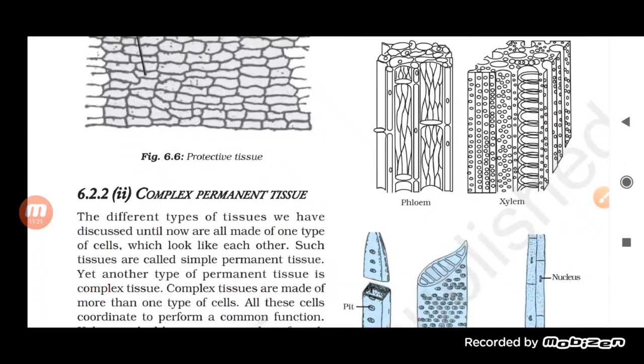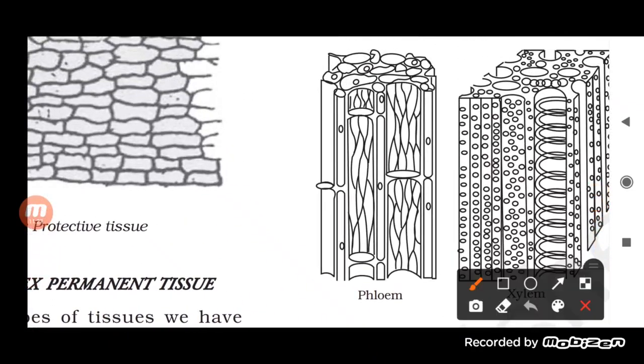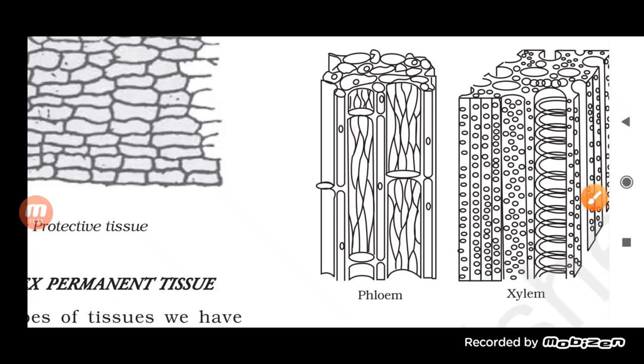See here in this picture, you can see this is the phloem, and the phloem is attached to the companion cell. When you look at the companion cell, it is attached to the phloem fiber and to the tube-like structure, which is the sieve tube. The companion cell consists of a nucleus, so it helps in giving nourishment to the sieve tubes. Both of them play a very important role in carrying the food and minerals from one part of the plant to the other.